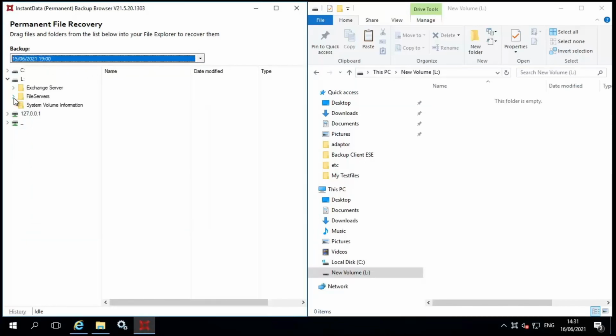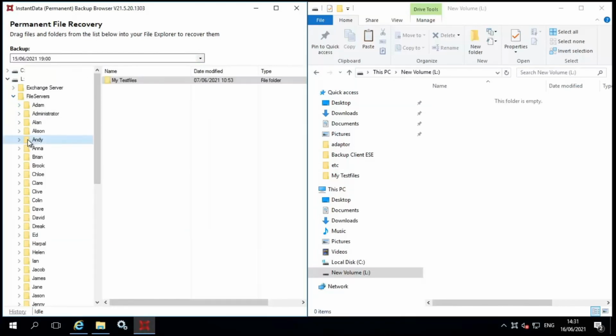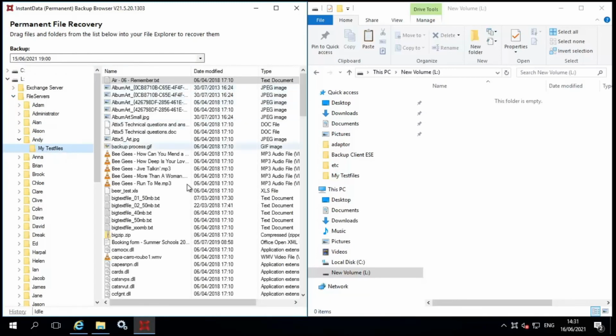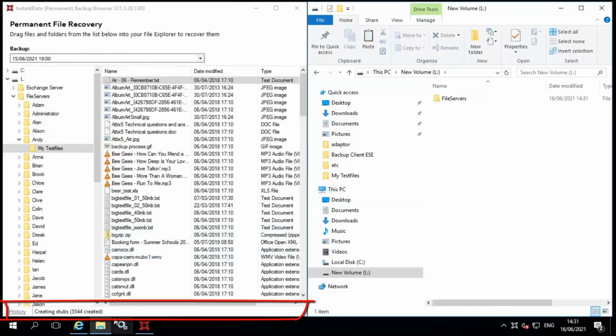And if we plus out the file server area, you'll see all of my users, and we look at Andy. Andy's got all of the various test data as all of the other users. So we'll drag and drop the file server folder from GridStore's cloud over to that empty folder. And if you look at the bottom left hand side of the screen, you'll see the instant data permanent restore create the stub files, and now it's busy with the upload, in this case of 14 gig. But if you look at the percentage, we're not even 1% complete on the recovery. But if we go over to the right hand side in a second